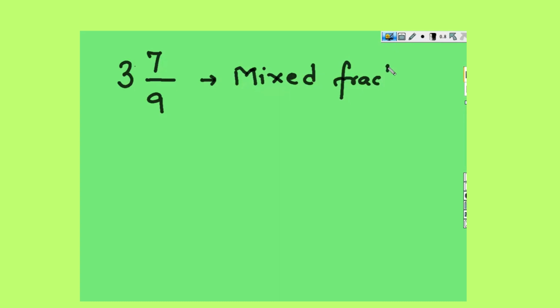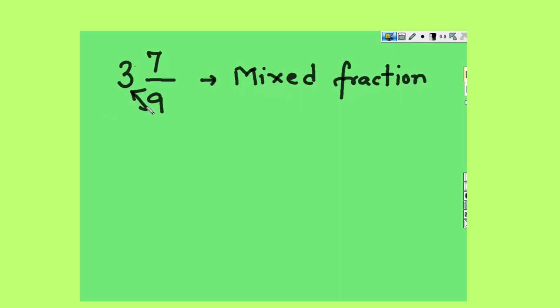We are going to learn how to convert a mixed fraction into an improper fraction. Suppose I write a mixed fraction 3 7 upon 9. This is a mixed fraction, and we are going to convert this into an improper fraction. So what is the method? What is the way we do it? We actually